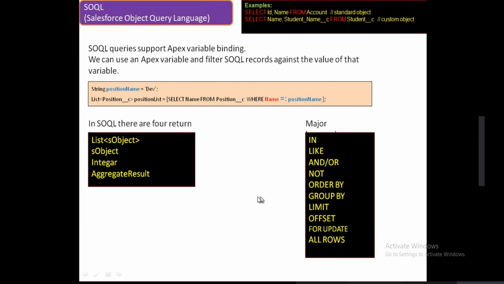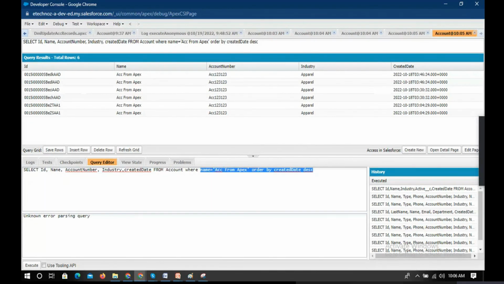Like we have seen, we can use IN this way. Let's suppose I have two names. Not a single name, I have two names. So where name IN, like this you can use IN. You can just mention the first name is this,